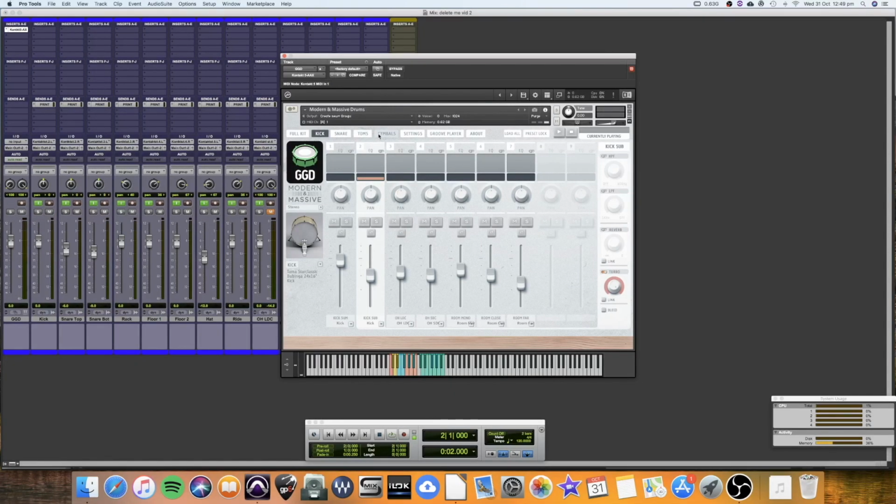Okay, so I'm now going to go through how I have Kontakt set up specifically for Modern and Massive. This is going to show some of the cool things that you can do with MIDI drums that would be impossible or extremely difficult with live drums. If you're using a different library, then you may still find this useful, but I'm only going to be showing